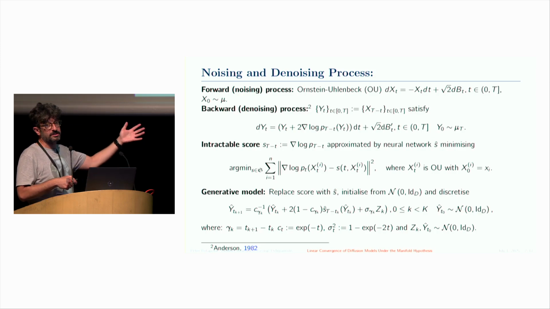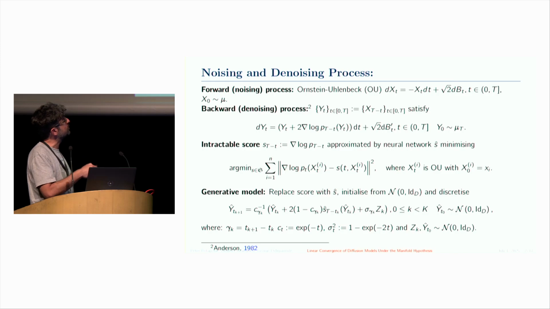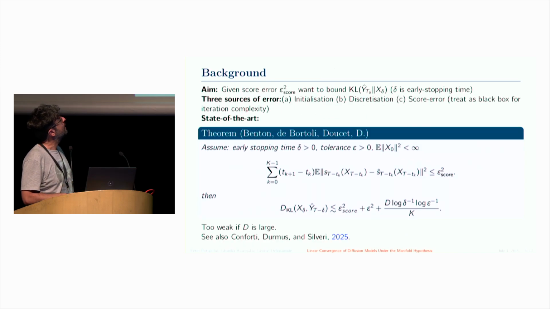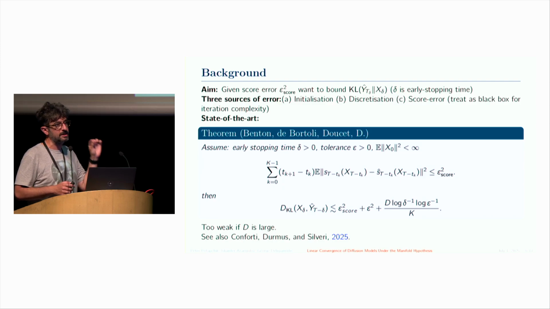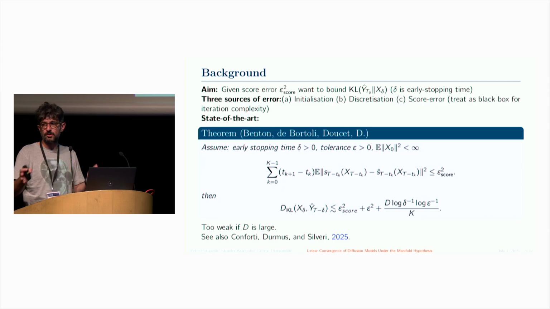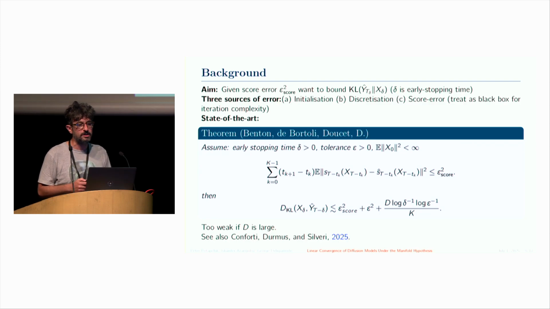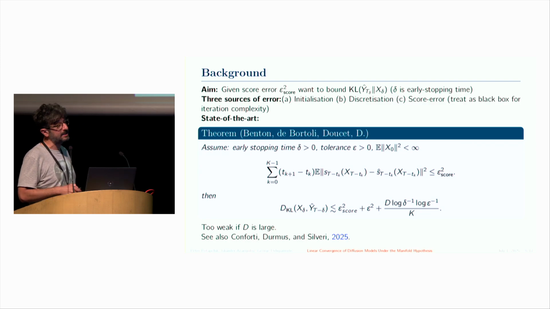To get the generative model, you take the approximation, so you train a neural network on this objective, you take this S hat, you plug it in, you discretize, and then you sample initializing from a standard Gaussian, okay? So now in the convergence literature, people essentially first assume that we've got a certain error for the score matching objective. So we've learned the score up to a certain threshold epsilon squared, and we want to bound the KL